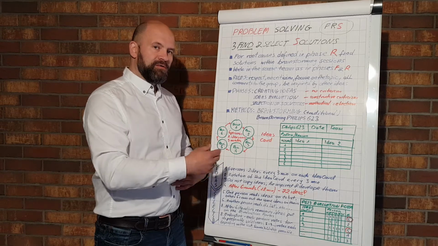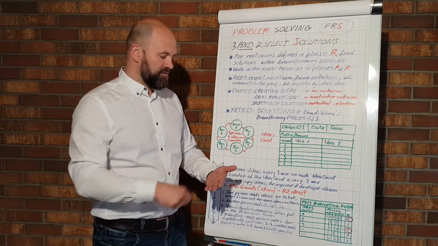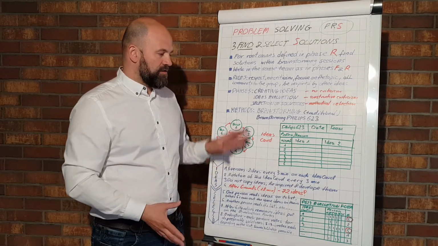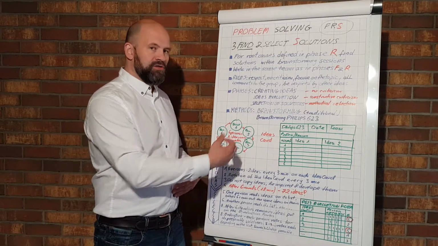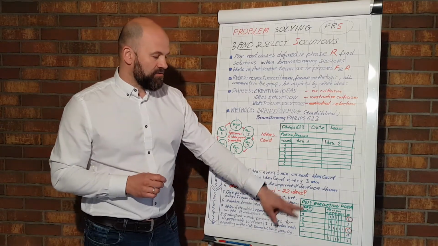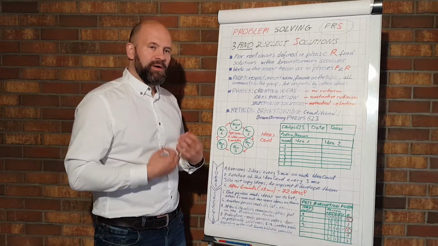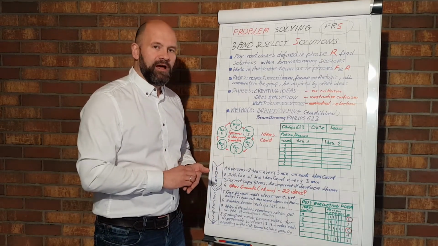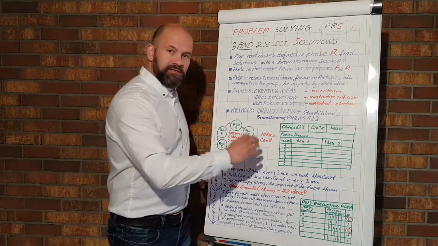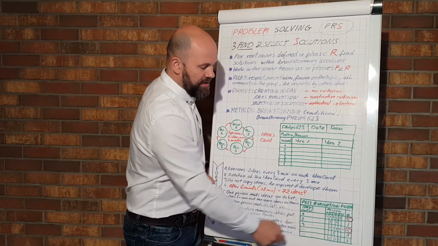Then when the first person is finished, the next one starts to read his own card, and the others are crossing out what is repeated, and so on and so on. So when we finish, we have on each sheet of paper just unique ideas, not repeated on other cards. Then we choose one person with the best legible handwriting style. Of course, it cannot be me. And this person rewrites the remaining ideas on one final list.